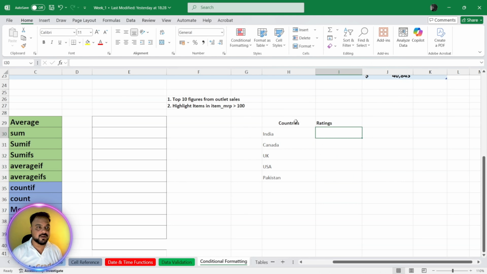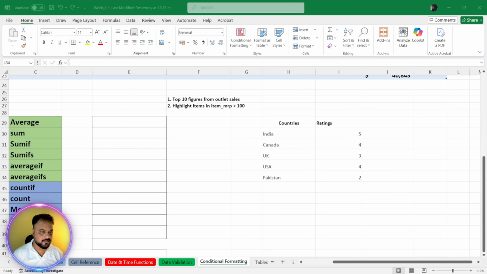So for an example, I created a column by the name of countries and the ratings. Imagine they are in Olympics, or let's say they are doing a hotel survey or something. So let's say India got 5-star rating and Canada got somewhere 4, or let's say UK got almost 3, and then we can talk about USA as well and Pakistan. Let's talk about the two. Yeah, so you can see there are 5 numbers, and if we talk about the rating, so I did mention